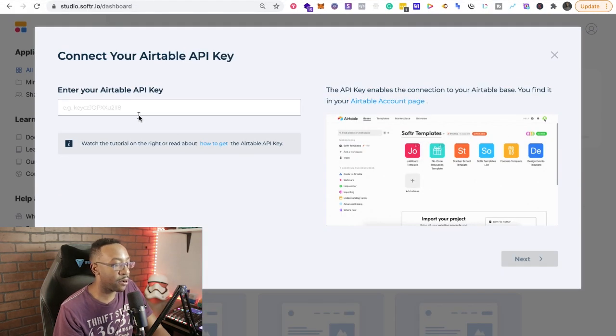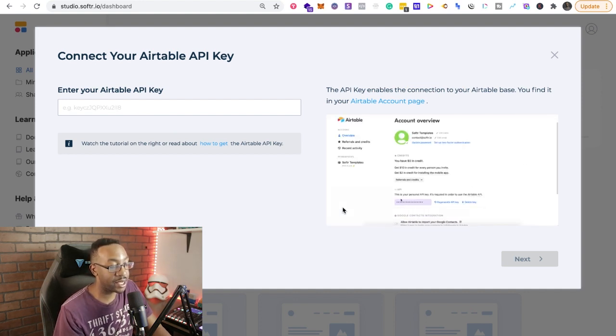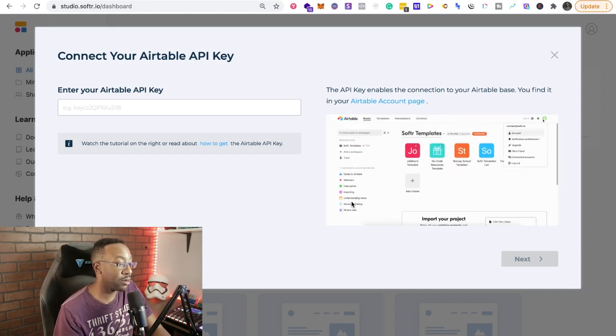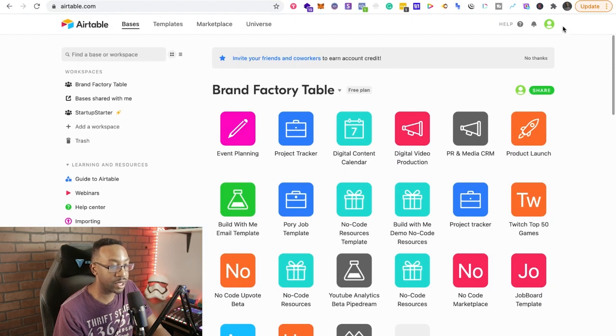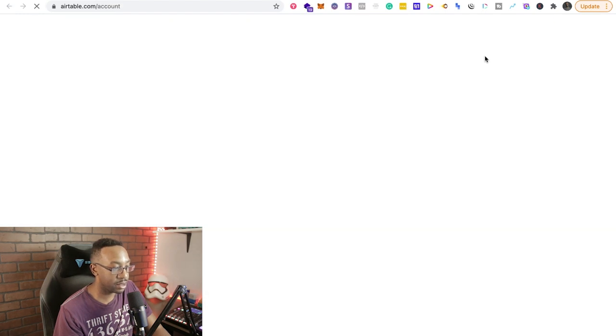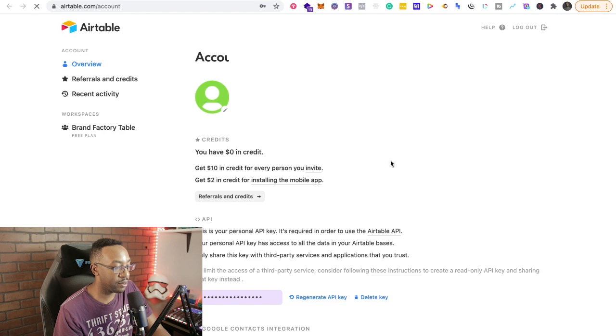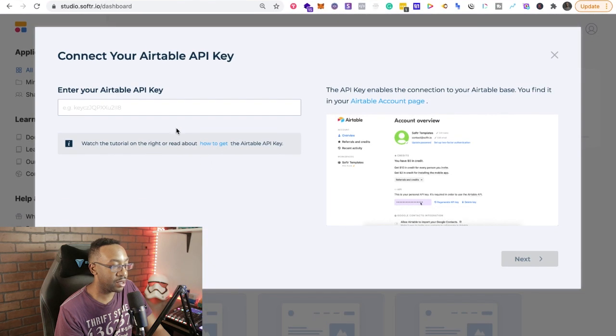And now it prompts me to go into my Airtable account and find my Airtable API key. That is found in my account overview section, and I can bring it over here and then go from there. I go over to Airtable, and from here, I'm going to click my profile pic. I'm going to say account, click that. Then I'm going to find my API key. Now remember, make sure that you're keeping this secret. Do not share this with anyone. And you're going to highlight it, and then you're going to put it in right here.